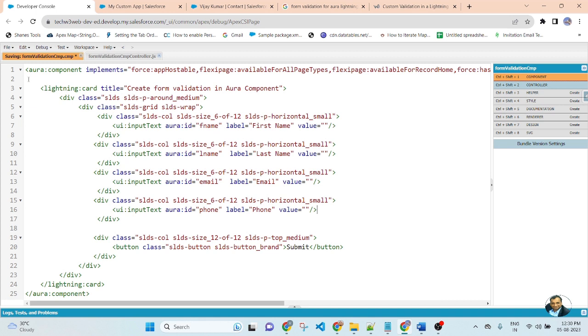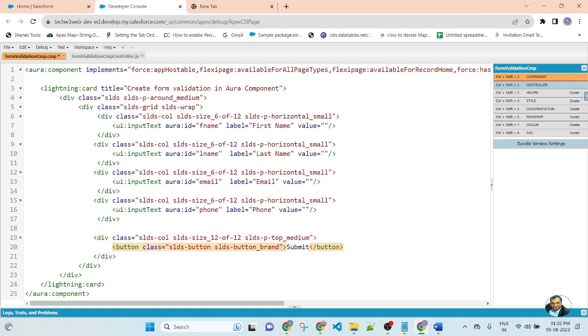Now I am saving the file. File has been saved successfully. So here I am creating a form. There are four input fields available in this form: first name, last name, email, phone, and there is a submit button.